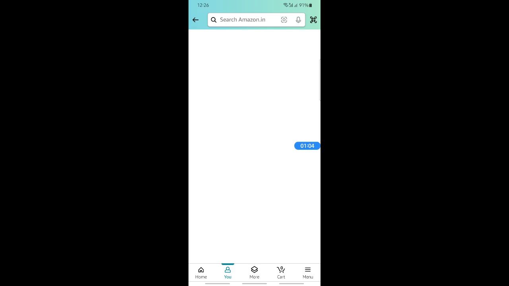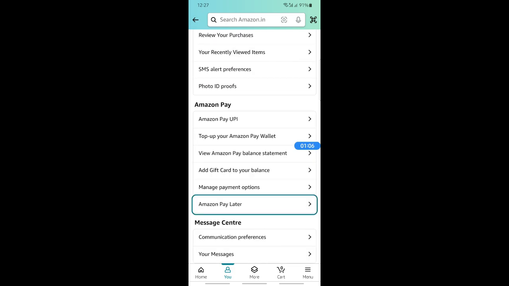Once activated, you can use this option when you check out or when you make the payment. You can use this as your payment option. In that way, you will be able to pay later on Amazon. Please note that this option is only available in certain regions depending on the market where you are in, so